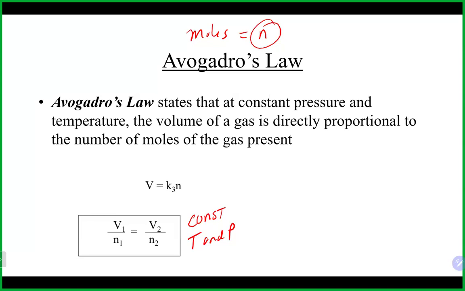Here, the volume doesn't really matter. It could be any unit you want as long as they're the same. Obviously, here the moles needs to be in moles. Also, a reminder that the very common way that we could get to moles is grams to moles, and again, the molar mass from the periodic table is that conversion factor that we use to do that. That's very common in gas laws. So Avogadro's law, you could use like any of the other gas laws, like I said, that you could just basically put into the equation and solve for it.